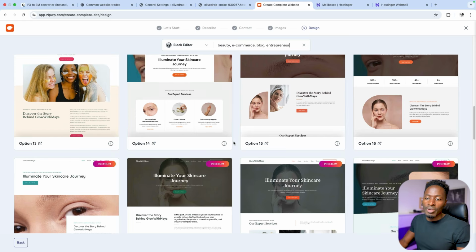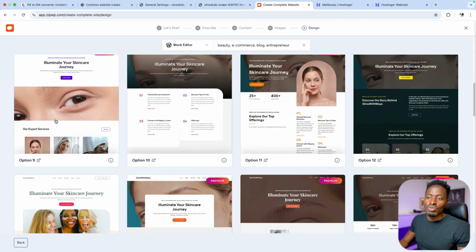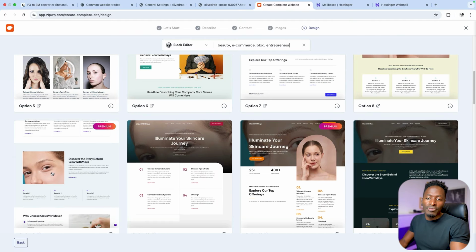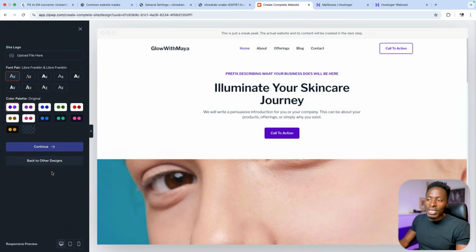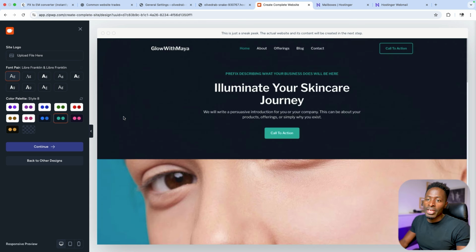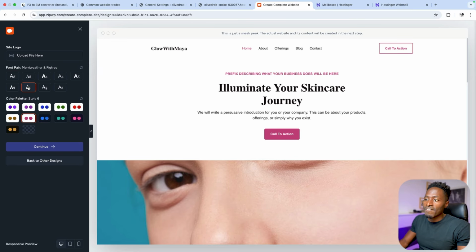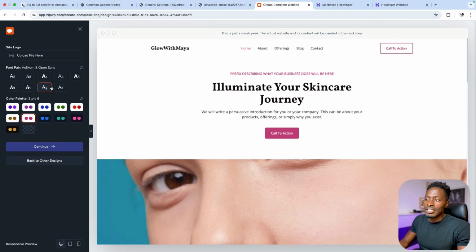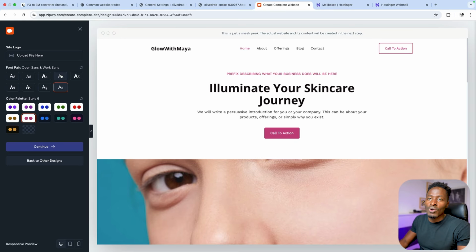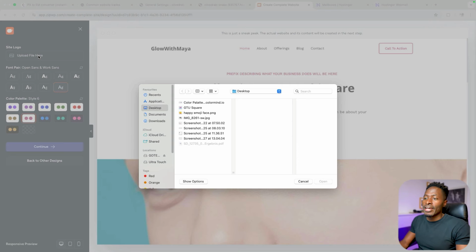And the other thing, for example, if I come over here to one of the layouts, it gives me a preview, and once you click on it, it will show you how the menu or the navigation will look. And of course we can change the colors that are there, or we can also change the theme. It can be a dark theme, it can be a light theme like you see over here. We can change the colors, we can change the fonts and select the kind of font style we want to work with. You can upload a logo,